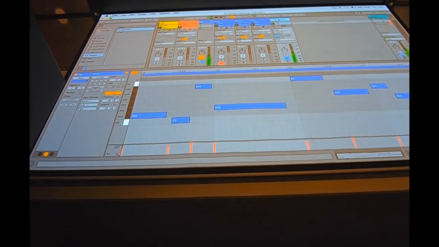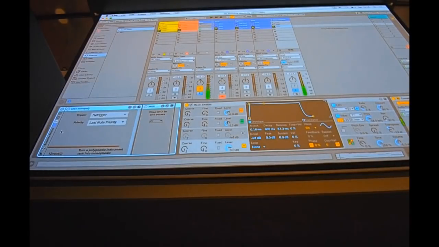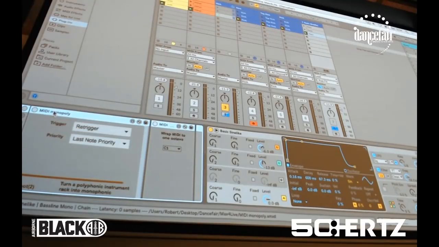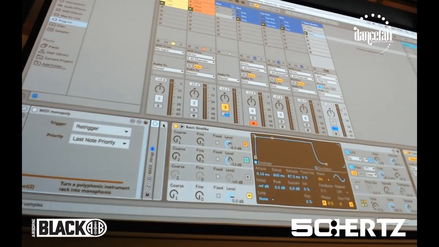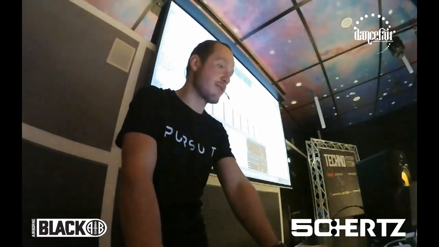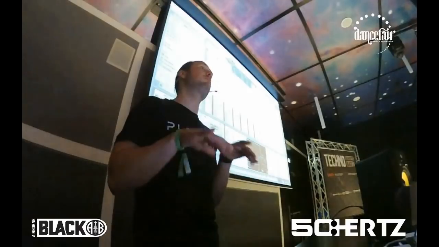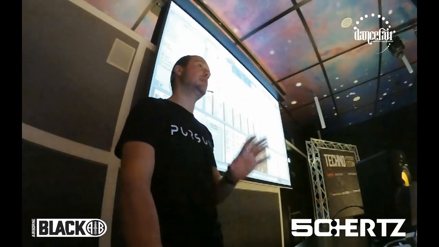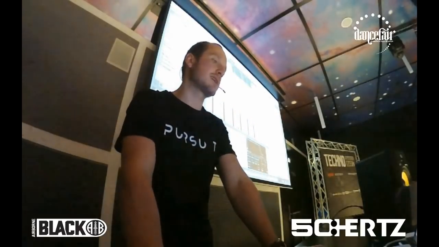So I've built this, I called it Bassline Mono. And it consists of 2 plugins that you can get from maxforlife.com. It's called the Mini Monopoly and the MIDI Wrapper. And what I can do is I can say here in the wrapper, I want all these bassline notes that we have here, I want to put them in 1 octave. So it keeps power in those lower sub-frequencies that I want, but it doesn't move the notes different from the melody that I have. And this one, the Monopoly, if you, for example, play chords, this thing makes sure that your bass line only plays 1 note, so the bottom one of that chord.